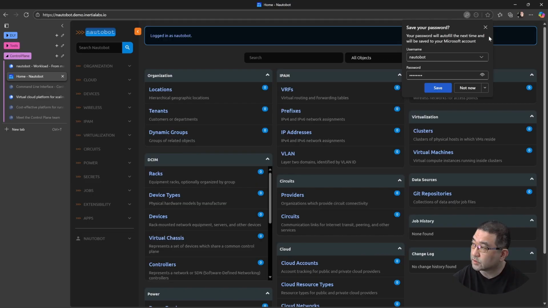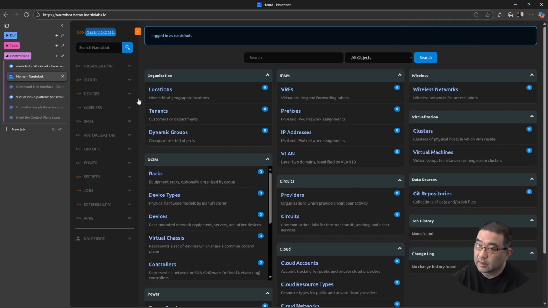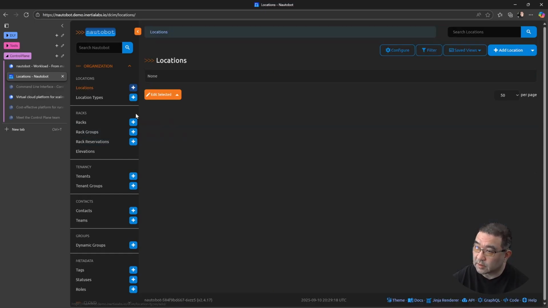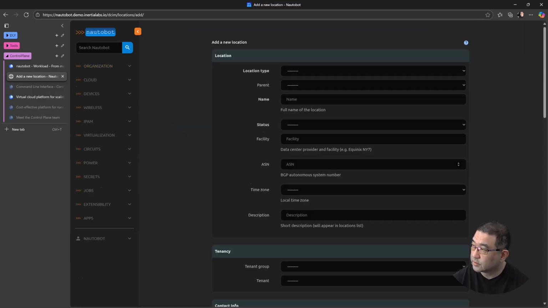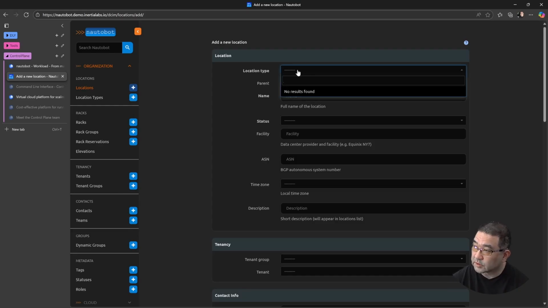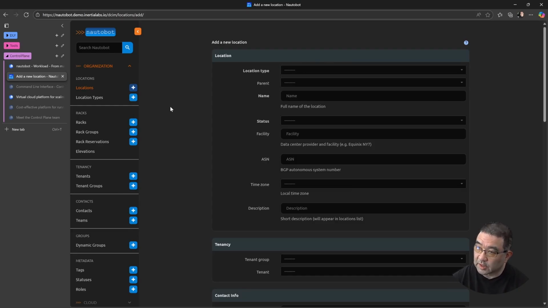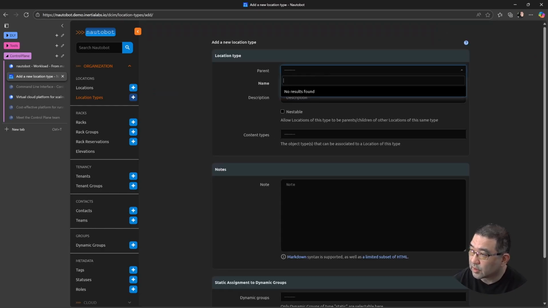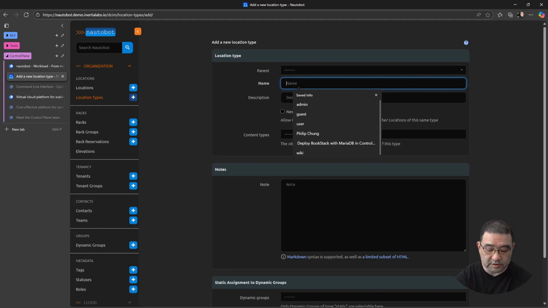All right, and here we are in the Nautobot portal. Right, and the locations, right? You can add a location type. So here you'll have to go through the Nautobot documentation and see how you want to set up your organization. So for locations, you will need to add a location type first. No parent, we'll call this a site, region,